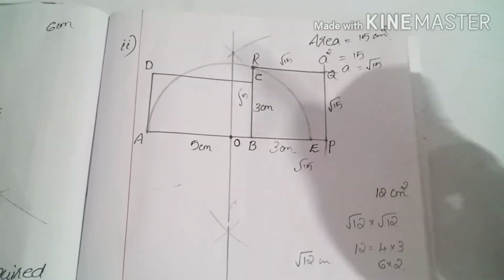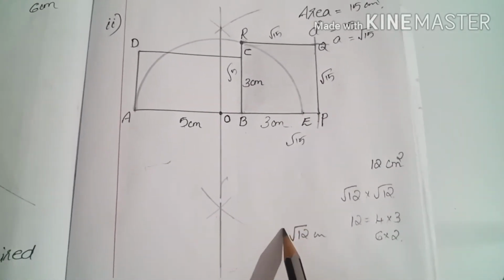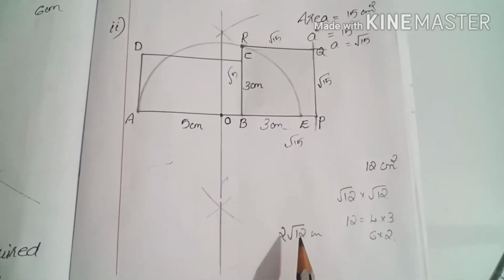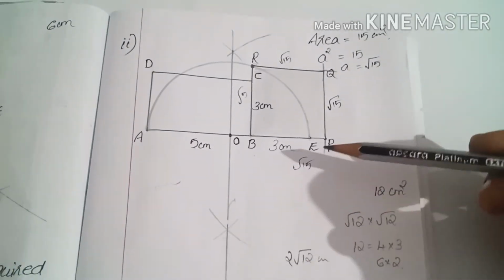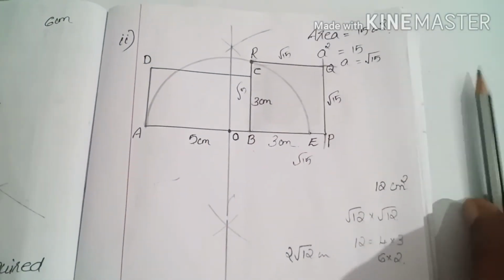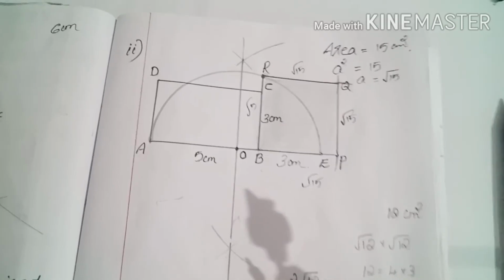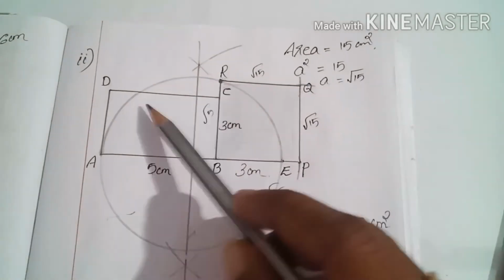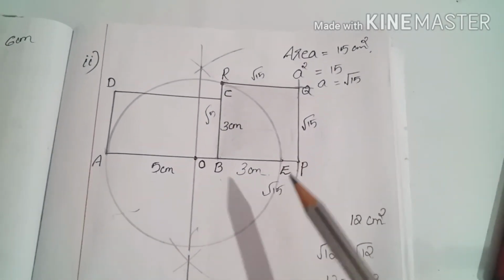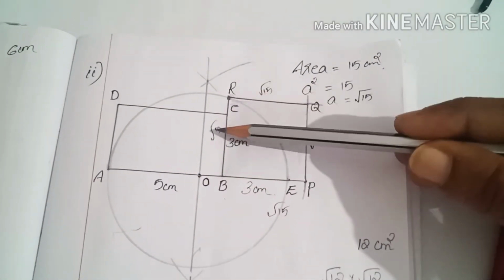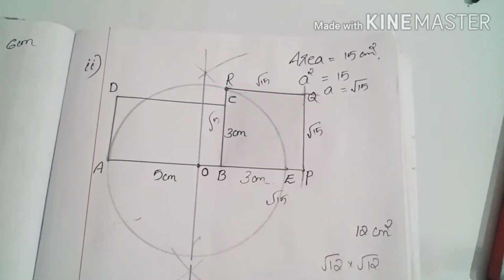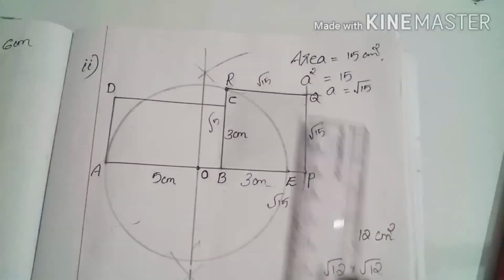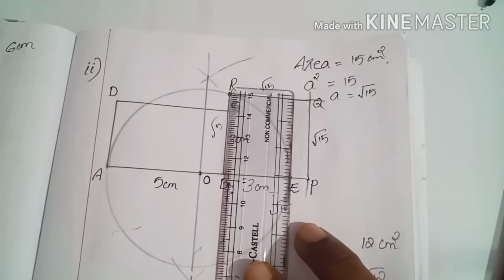Now suppose the question is draw a line of length 2 root 12. Then you need to complete the circle. Instead of a semicircle you need to draw a full circle. Now here B to R is root 15. When we extend this B to this side, a straight line if we are extending like this, the next measurement will also be what?